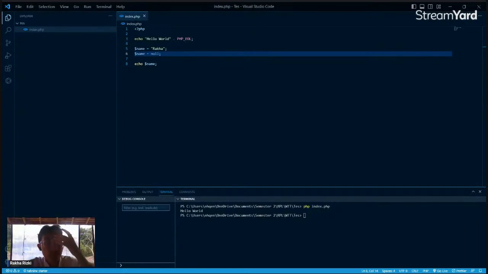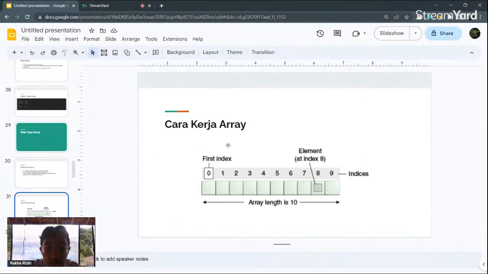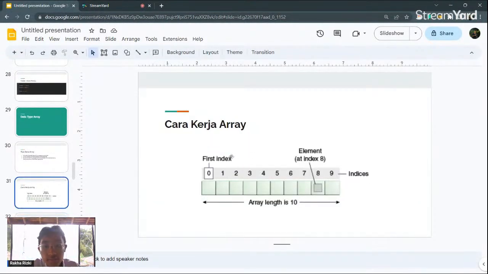Okay, so we can continue to our presentation. Then next is data type array. So this is the array.